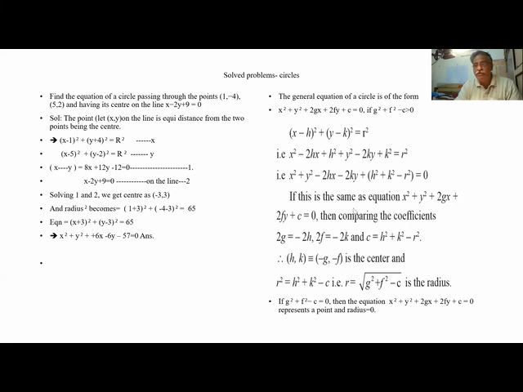So whenever we have an equation like this, we will know what is given in it. The center is given and the radius is given. The center we get from (minus g, minus f), and the radius we get from the square root of g square plus f square minus c. Please remember, this is not plus c, this is minus c.